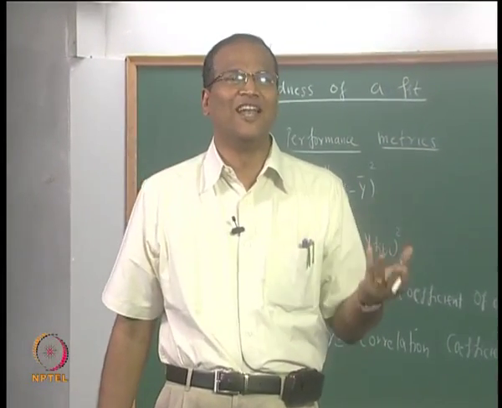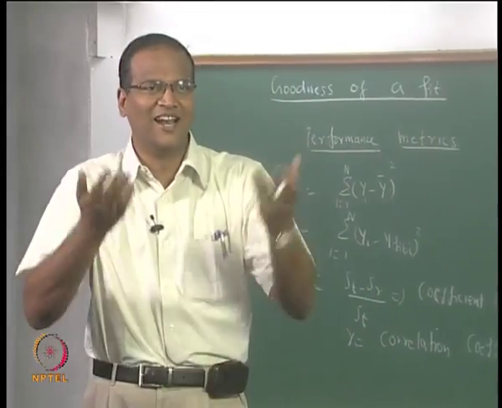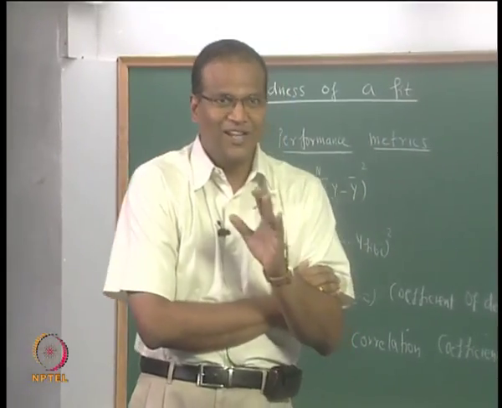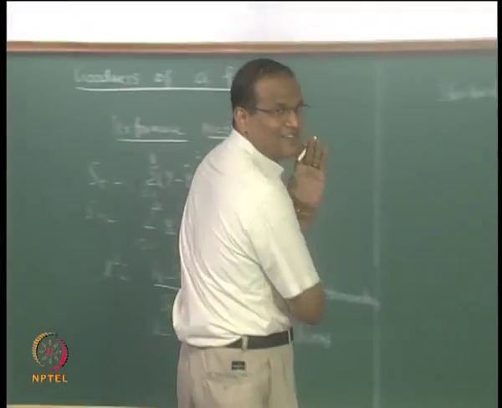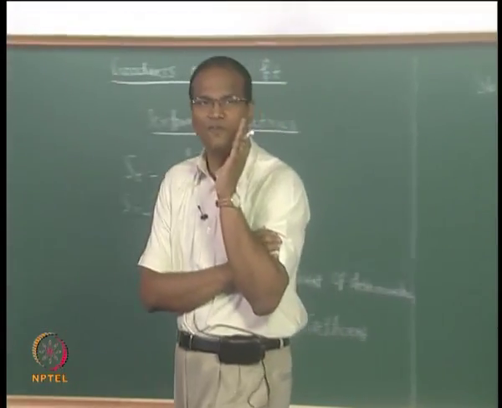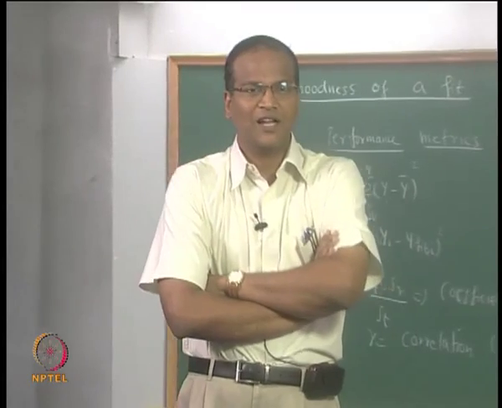With an R square of 0.95, you cannot start writing a theory and write a paper based on that. So you have to know what variables you are correlating, whether that y is really a function of x. That you will have to figure out.